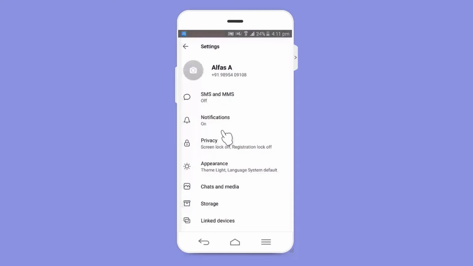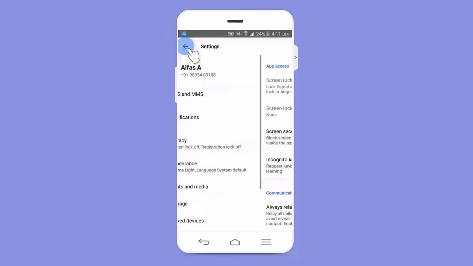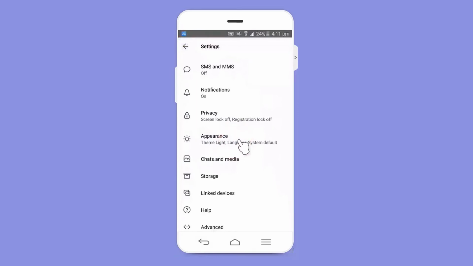After that there are more options like this privacy, and after selecting privacy you can enable your screen lock, whether your screen lock is a face lock or fingerprint. If you enable this, while you are using this app you will need to use your fingerprint access or your face access. If you want you can enable it, and otherwise just leave it. After that you can also change your appearance, and here you can see linked devices.